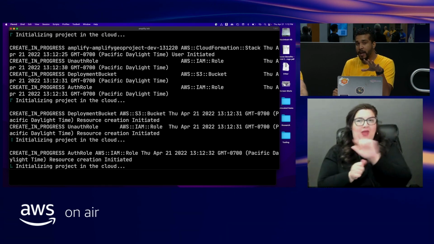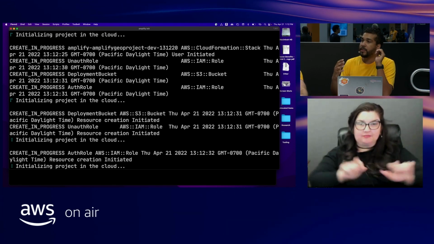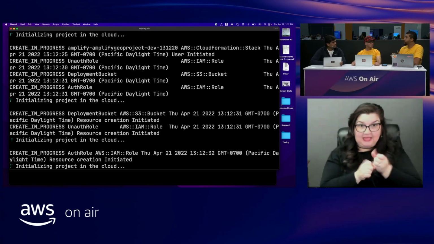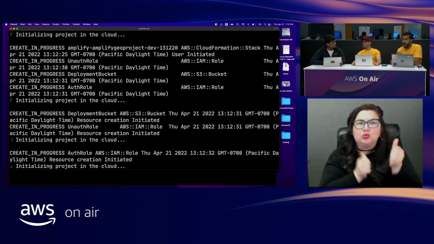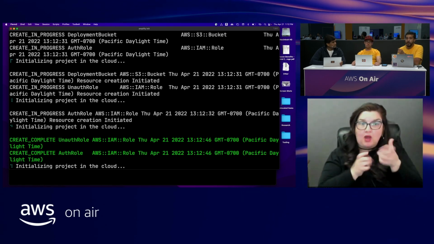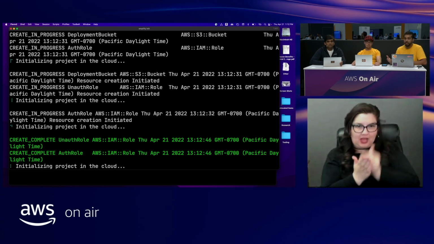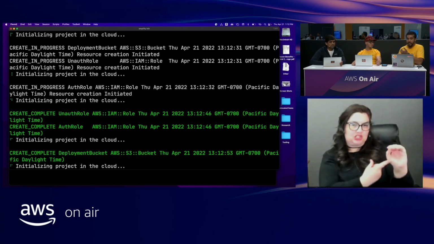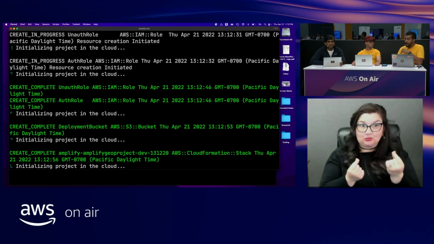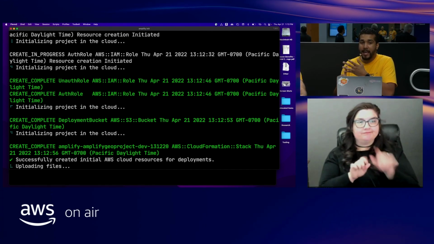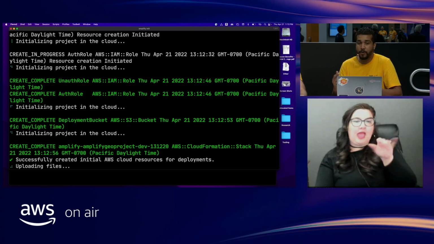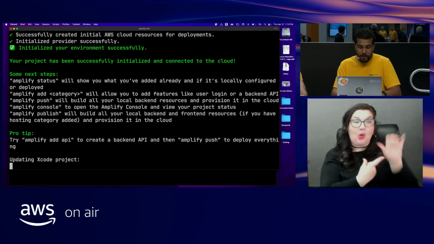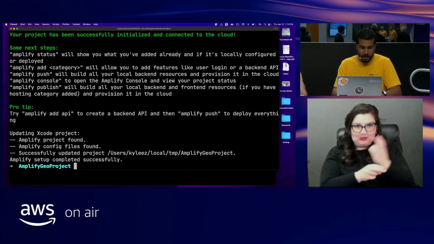Once you have your Amplify project created, the next step is to choose which category you want from the libraries. Like I said, today we're going to be working with Amplify Geo. So the next step for me, since I'm going to be working with Geo, is as simple as typing into the command line, amplify add geo. That's the specific category we're going to be working with. So let's go ahead and do that right now.